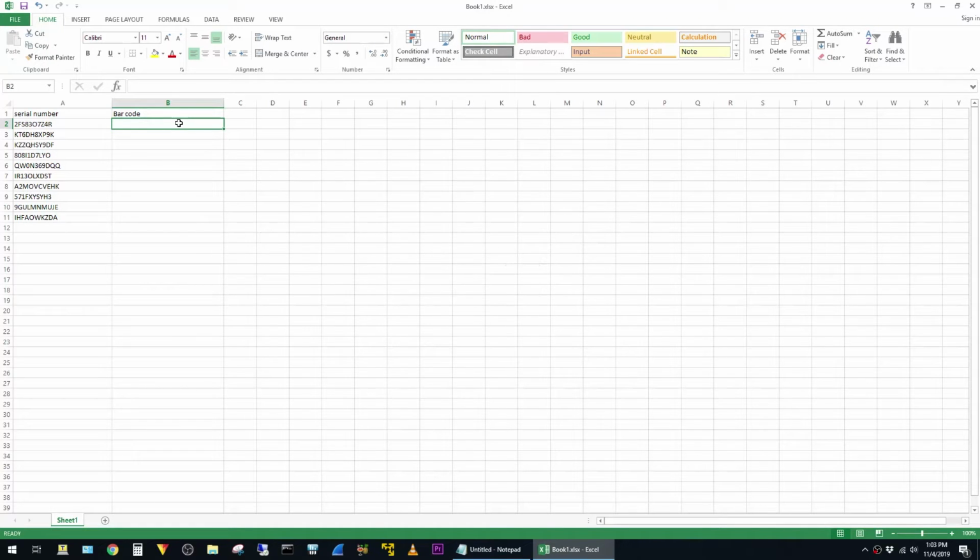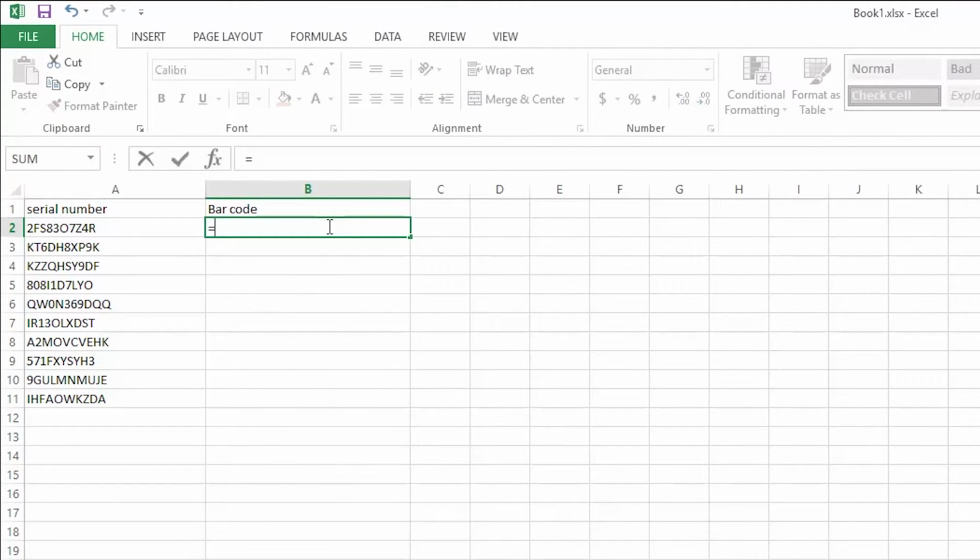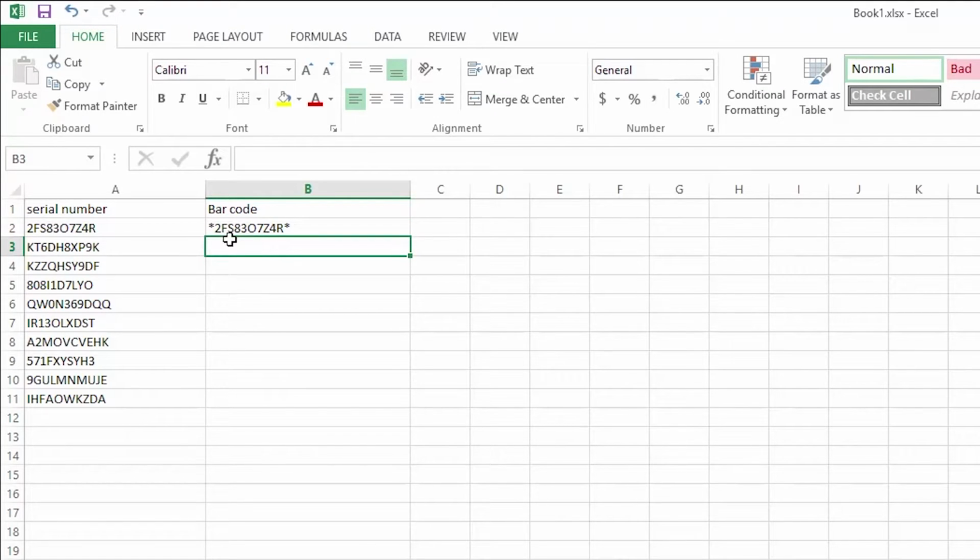begins and ends. An easy way to put this information together in Excel is to use the formula equals, quotation, asterisk, quotation, ampersand, and then the cell. In this case it starts with A2, and then another ampersand, quotation, asterisk, quotation, and then hit enter. And we can see now we just have the data from this cell with an asterisk at the beginning and